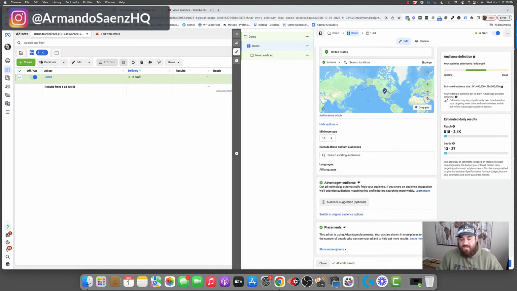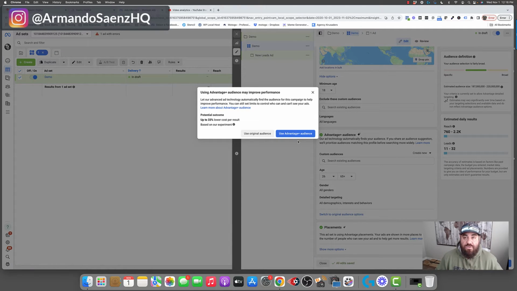So one thing to note is that you can't change that in here unless you go down to this area that says Advantage Budgeting and you switch to the original audience. Now, once I click on switch to the original audience, Facebook is going to give me a warning that says, hey, it's up to 33% lower cost if I leave it alone there. But however, my audience is typically not 18-year-olds, so I, for the most part, go ahead and divert back to